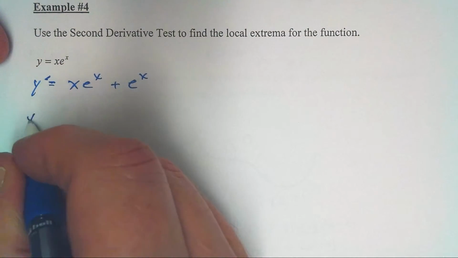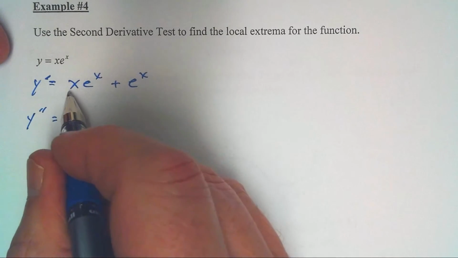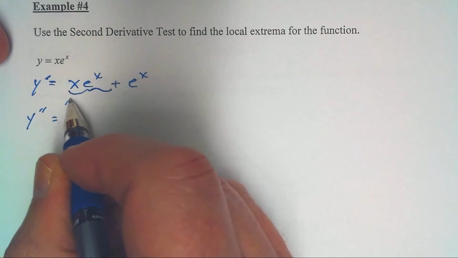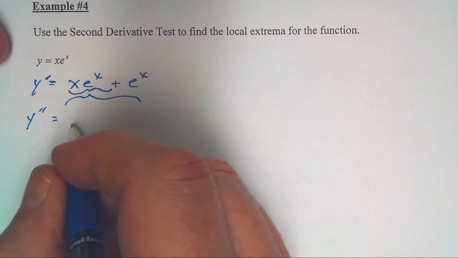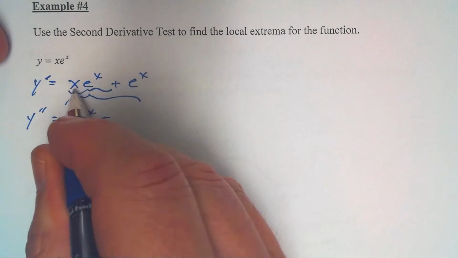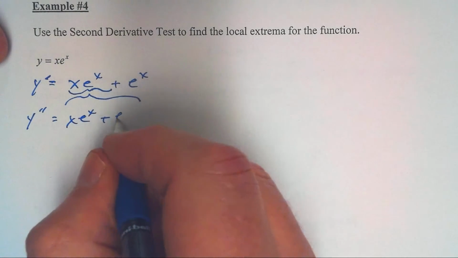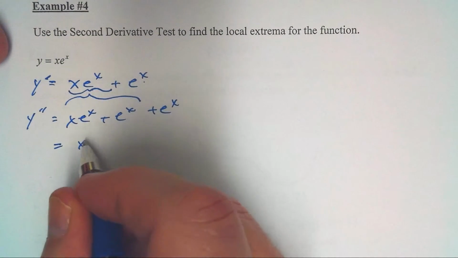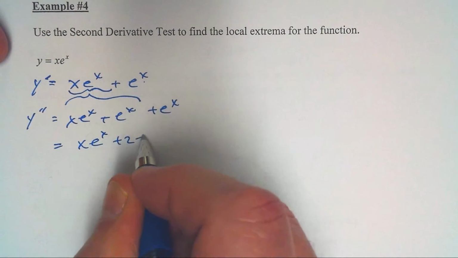Y double prime equals, still a product rule here. So all of that, actually I should do it this way I guess, all of that should look like this. Plain old first times derivative of second, plus derivative of first times plain old second, e to the x, plus this e to the x that was already there, or x e to the x plus 2e to the